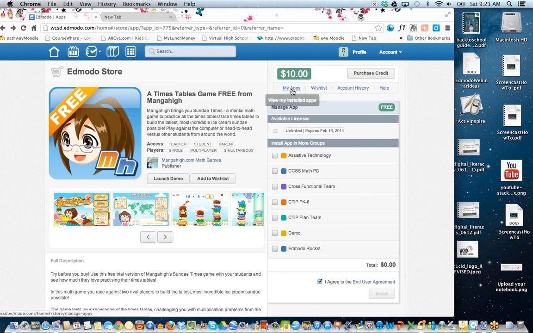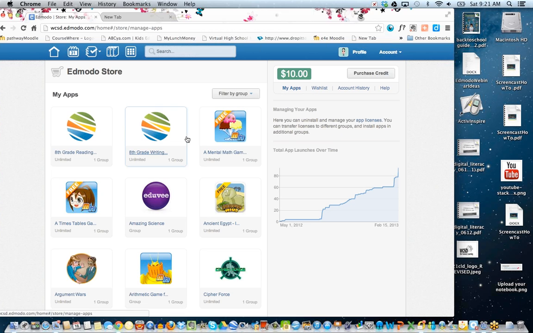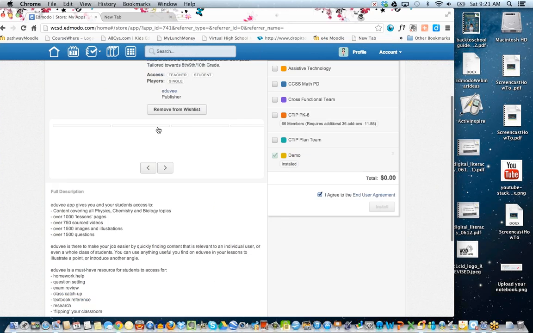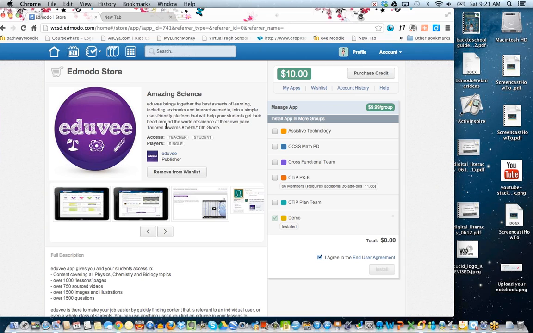Okay, so also when you click on apps that you have installed, some of them, like you can see here, this one was a paid app, and I had to pay $9.99 for each group, but usually it will only allow you up to, it looks like this one allows like 30 or 34 licenses. So if you have a really large class, it may charge you for add-ons.